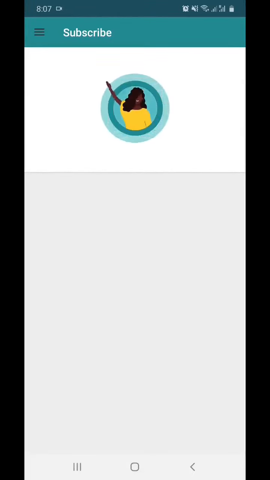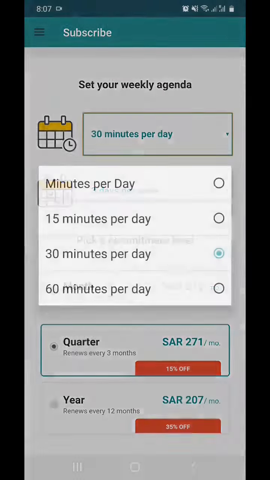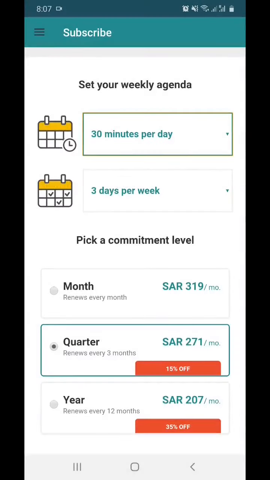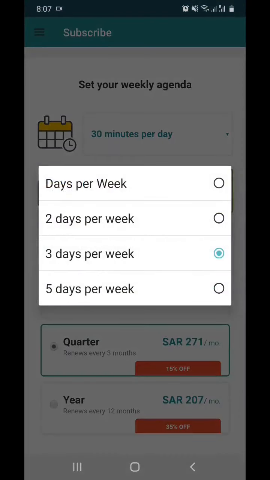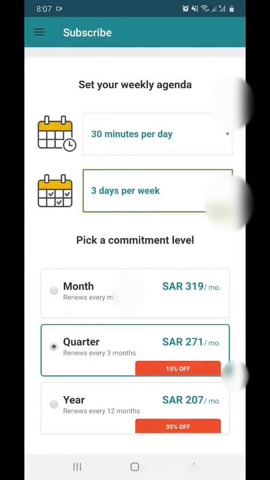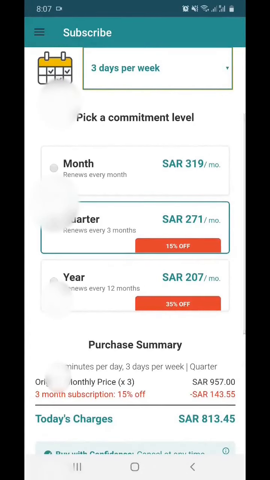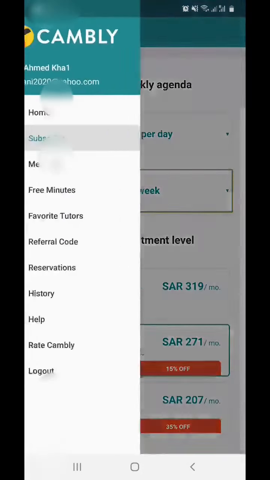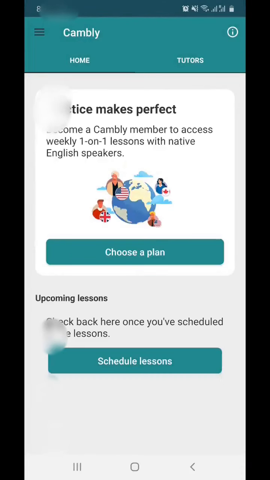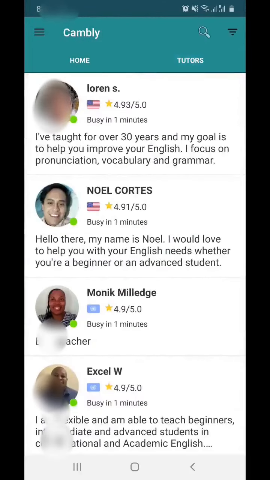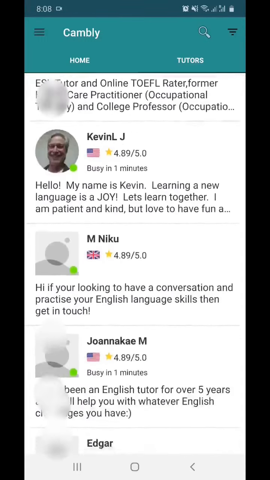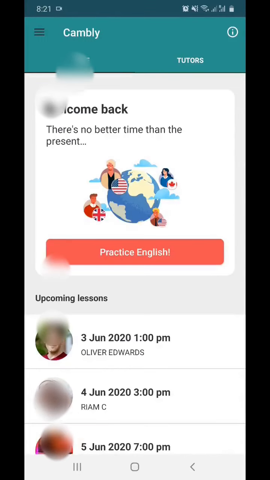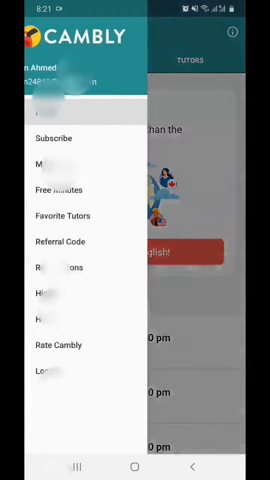There are different classes according to the duration, 30 minutes, 15 minutes or 60 minutes. Then how many days in a week do you want to take sessions? You can select from here, and accordingly you will have to pay the fee. So once you are subscribed, you can see these are the options for tutors. You are done with subscription and all that, you will have this page,